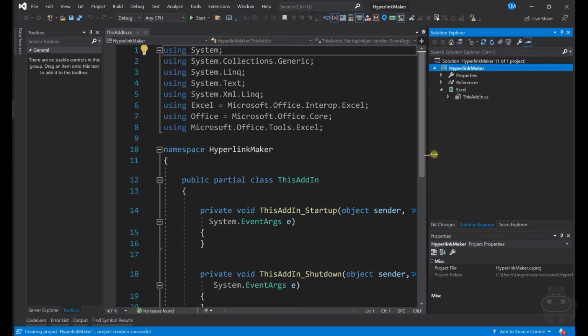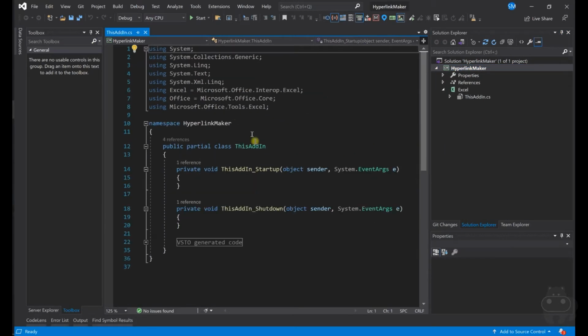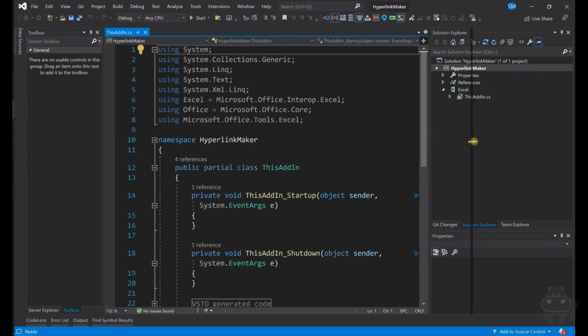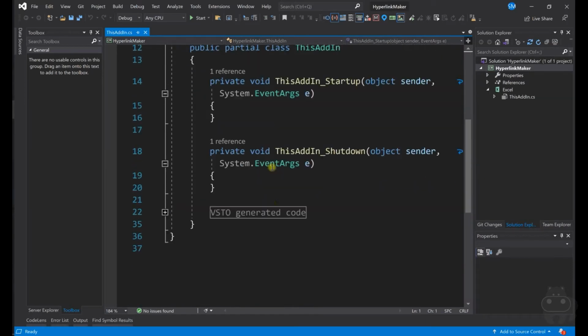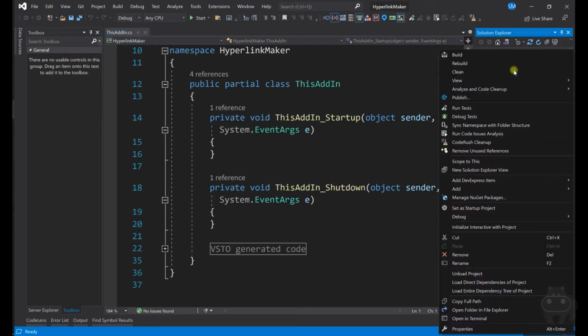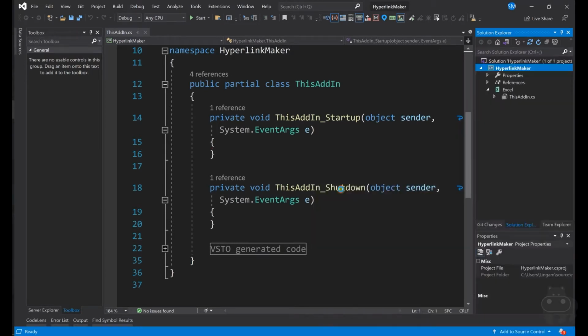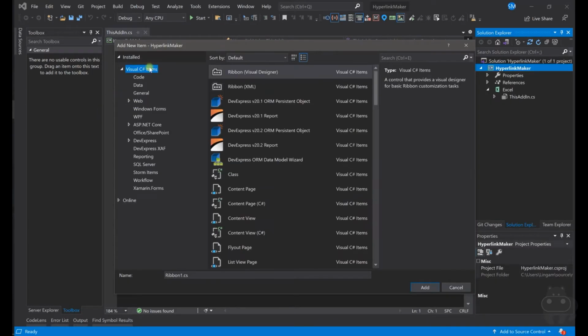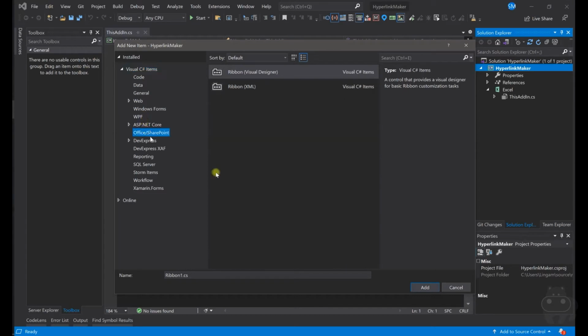That's okay. Now in this add-in, the methods here are all the boilerplate code which comes along with the Visual Studio VSTO template. The first thing that we need is a ribbon. So add new item from the Office template.